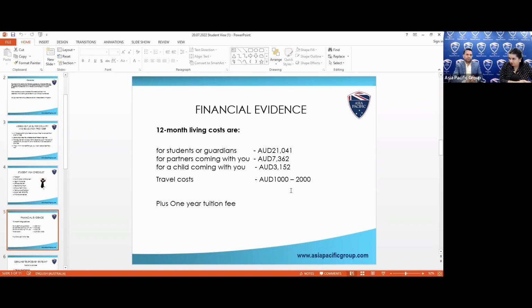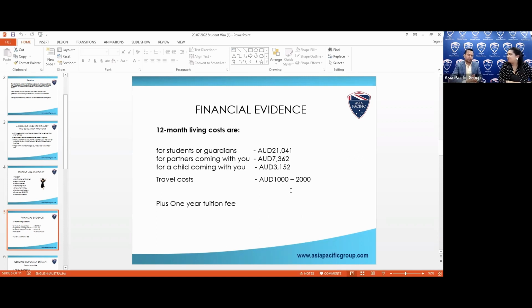But again, if your college is level 1, and even if you are from a level 3 country, there is no requirement of showing funds. But it does not stop the visa officer from asking for it because they do have a discretion. If I'm a visa officer and I think that something is dodgy, I might still ask for funds. That's right. They do have the power and they can still refuse the visa.